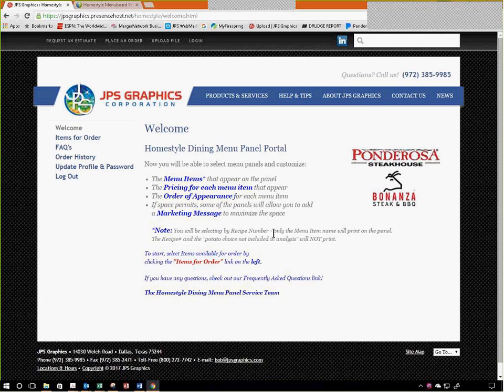Even though you're choosing by recipe number, there's other information on the pull down, but only the menu item name will print on the panel along with the associated calories. The recipe number and the potato choice not included in the analysis will not print. So we'll get started by clicking on items for order,